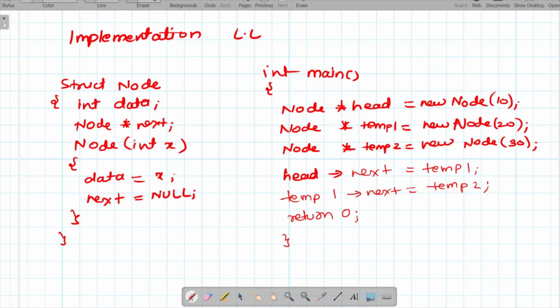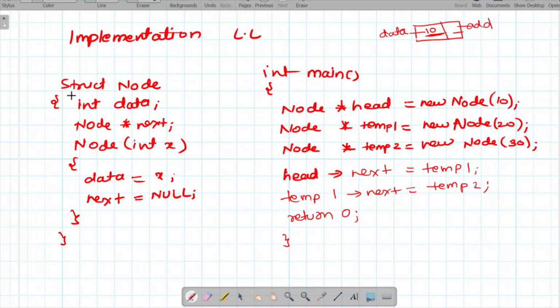What is the structure? Basically, we have this node that we create. What all things does this node have? This node has two things. Basically, it has the data, for example 10 is the data value. The next thing it has is the address of the next node. So this can be called the address. So there are two parts in a node: data and address, and this is basically the structure of a given node of a linked list.